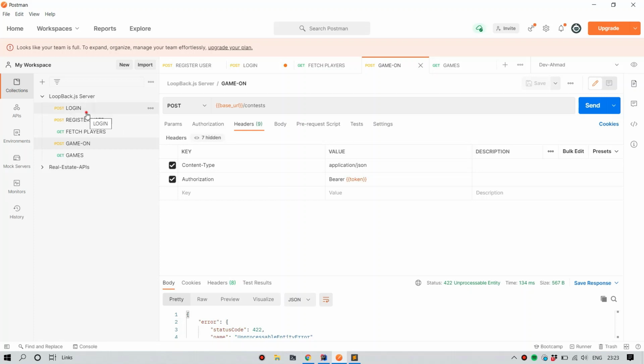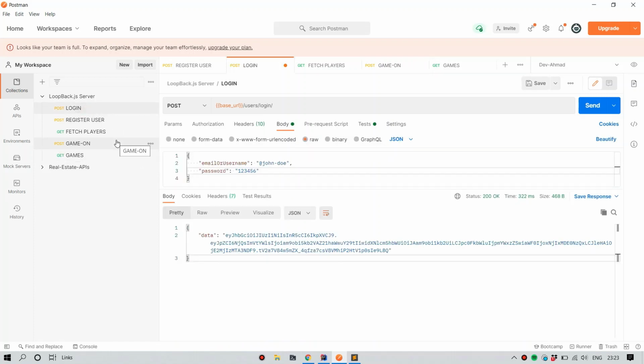Now we can still make it even better. Whenever we log in, if we log in again, the token gets refreshed. We get a new token, and the old token won't work. So we again have to copy it and paste it in the environment variable, and then these APIs will work. What if we can automate it?